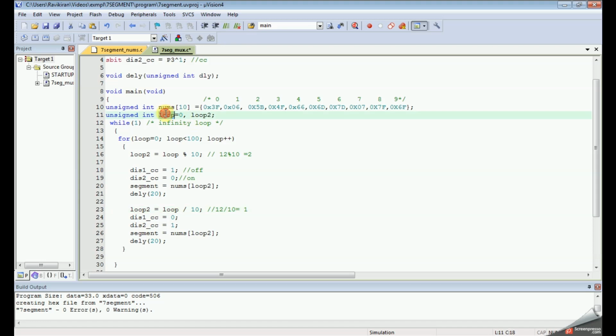That is the reason I took two variables, loop 1 and loop 2. If it is 12, I'm just extracting 2 and 1, so we need these lines of code.